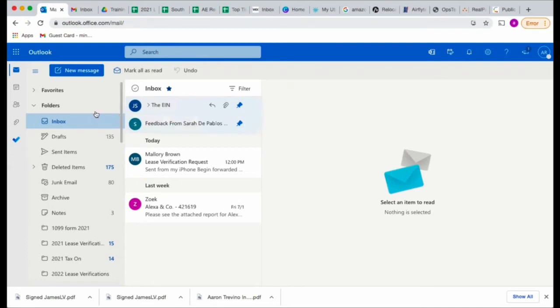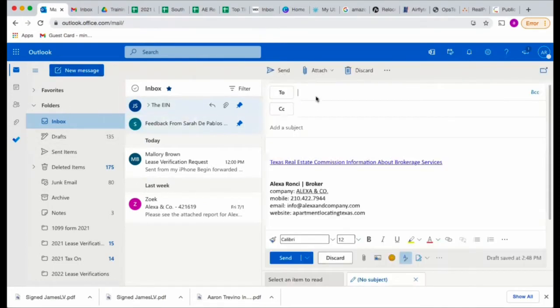So what you're going to do in order to create a guest card is you're going to click on new message. And then here you're going to put the name of the property, whatever it is, put it up there, who you're going to send it to. And you always want to title this guest card, or at least I do. Feel free to put the name here. But for the most part, I just title it guest card. And these are the important things that you want on it. So I'll put client's name, Alexa Ronci,